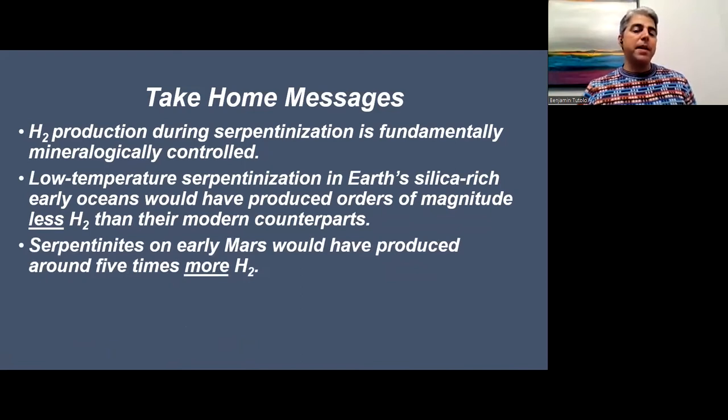But on Mars, because there's so much more iron in the protolith olivine, those rocks can produce a lot more hydrogen simply by the fact that they have more hydrogens. They would have produced at least or around 5 times more hydrogen than even the most iron-rich rocks in the